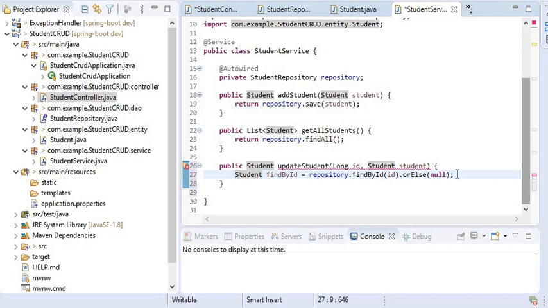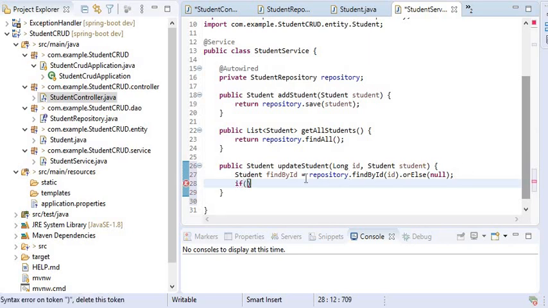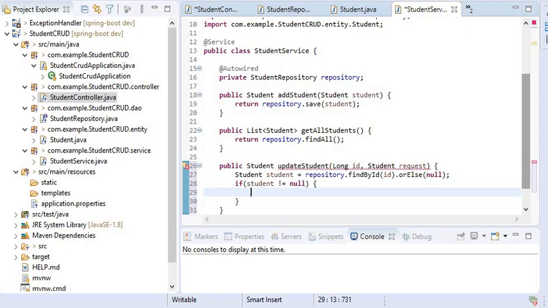Now after getting the object from DB, if student is not equal to null, then we will update, otherwise we will return a null value. student.setCity.